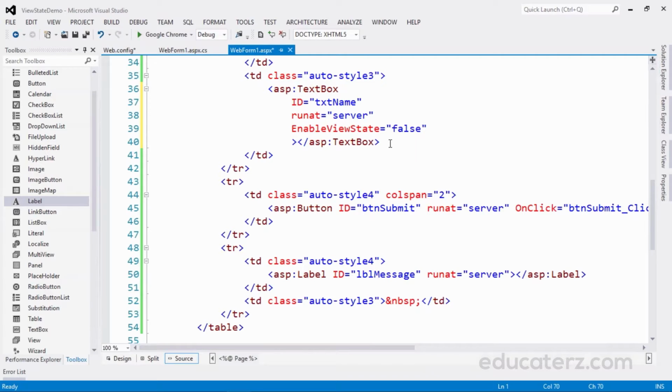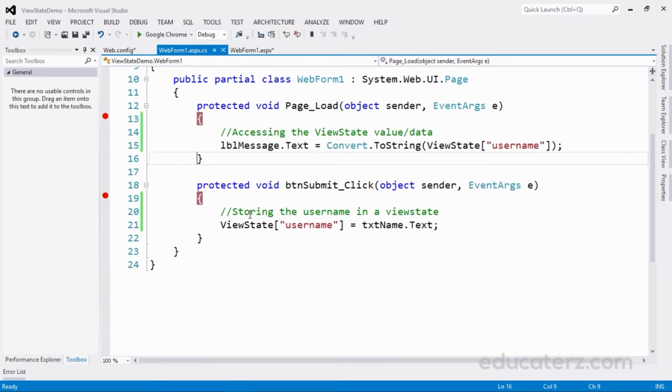And let us see what the advantages are. The advantage of using viewState is that it is very simple to use. This is the biggest advantage. And the disadvantage is that we cannot use it to store sensitive data like passwords, credit card pins, and so on. It might make a page heavy if lots of data is stored in viewState. That is the disadvantage. The advantage is that it is very simple. The disadvantage is that it makes the page heavy. I mean, the page load will take time if you are making use of many viewState variables. Please be aware that you shouldn't use many viewState variables.